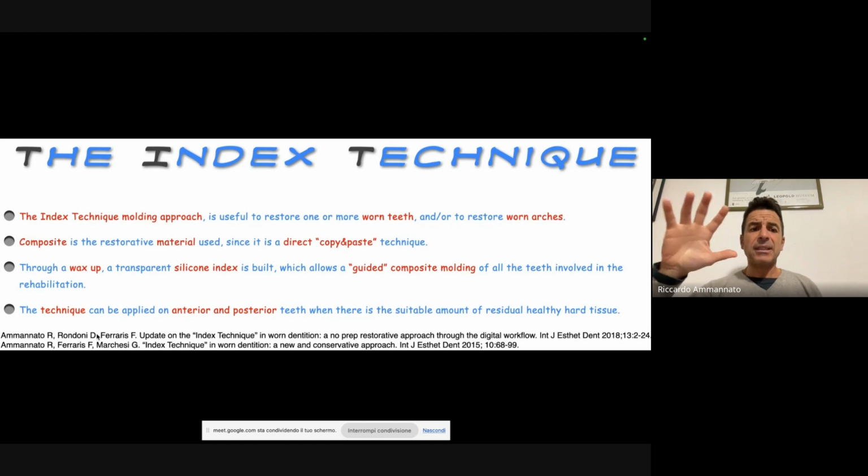However, the Index technique is a molding approach that is useful to restore one or more worn teeth, especially to restore full arches. This is a direct molding approach, so the material that we usually use is composite, okay? And through this direct copy-paste approach, we have a wax-up that is delivered by the technician based on an aesthetic and functional analysis, on all the etiology and all the findings that we did in the beginning.